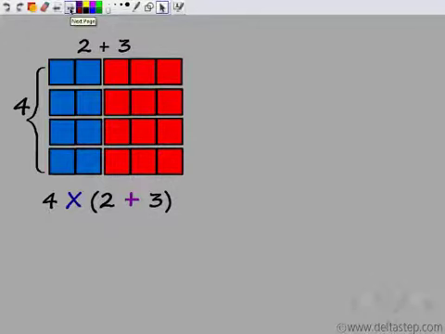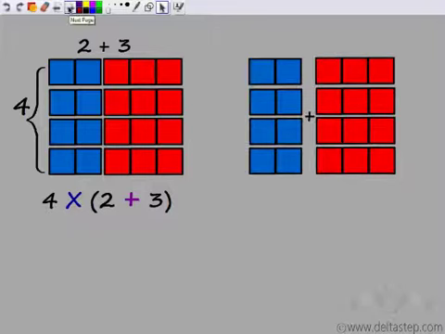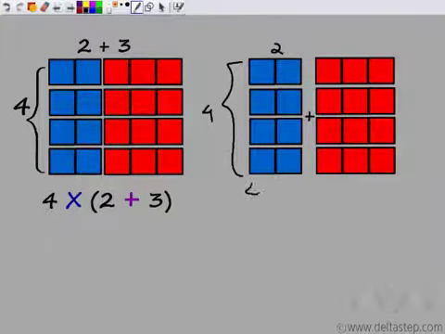So I start with 4 into (2 plus 3). Is there any other way of looking at this problem? Well, I can see the blue boxes separately and I can look at the red boxes separately. So let's separate the two, blue boxes and the red boxes. Now what do you see? These blue boxes here, this is 4 and these are 2 boxes. So this would be 4 into 2